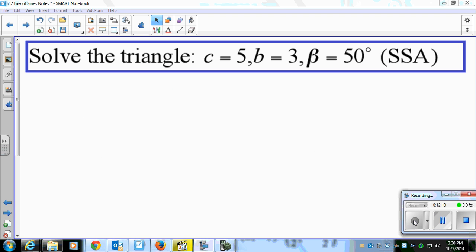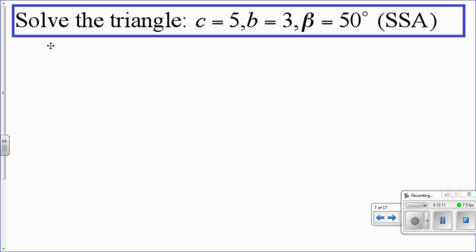So our next law of sines problem is going to be an example of angle side side. Remember from geometry that angle side side does not prove triangles congruent. So this is where we're going to get oblique cases, and we're also going to get cases that do not exist. For this one, we can try and draw the triangle, but this one's not going to work out, but we could have